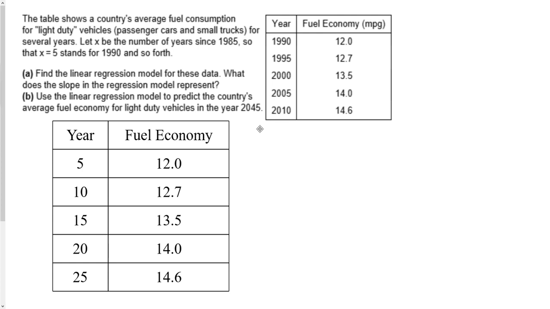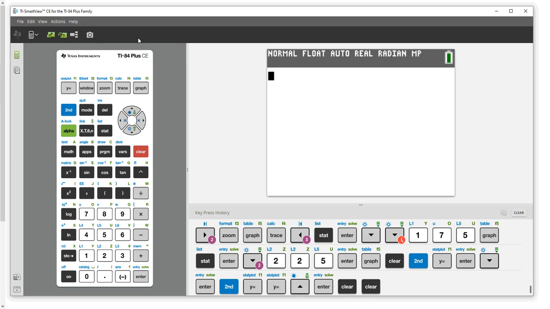So here we have the x values 5, 10, 15, 20, 25, with the corresponding values for the fuel economy on y. Now, in order to do a regression model, we know this is going to be a linear regression because it's asking to do this. But for a regression model, we need to have this scatter plot. So the first thing we're going to do is on our calculator, we're going to go